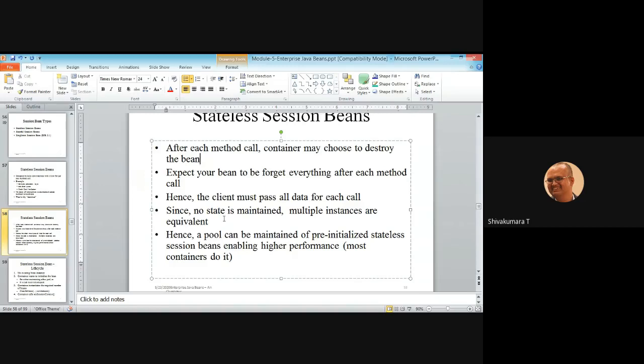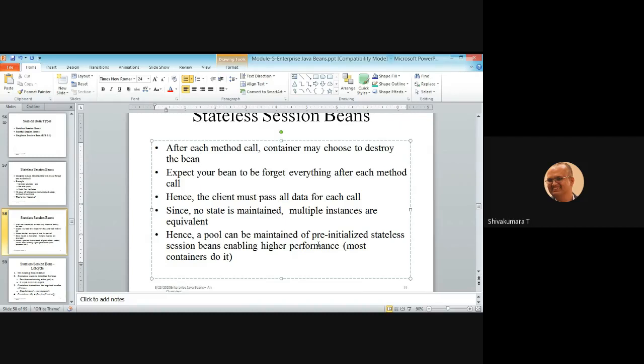Since no state is maintained, multiple instances are equivalent. Hence, a pool of pre-initialized stateless session beans can be maintained, enabling higher performance. If you want to go for higher performance, the complexity is a little lesser compared to stateful session beans.